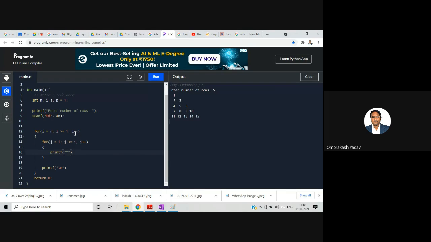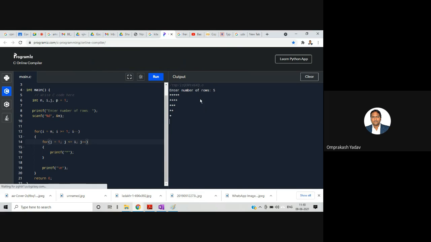Just one change I did. I just started the I loop in the reverse way. That's it. See, we got the output.